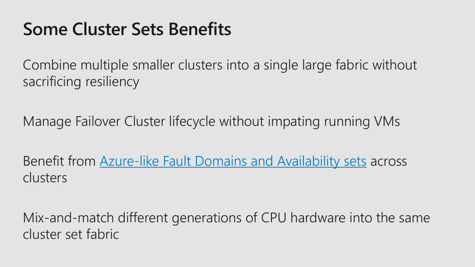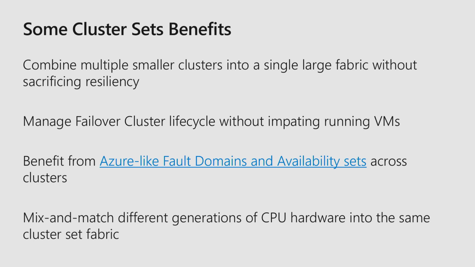In Azure, we have fault domains and availability sets. You get that with cluster sets too. You can create fault domains. For example, you remember the 4 clusters. Let's say cluster 1 and 2 are in room 1, and cluster 3 and 4 are in room 2. So you can create 2 fault domains, room 1, room 2, and then you can create an availability set of